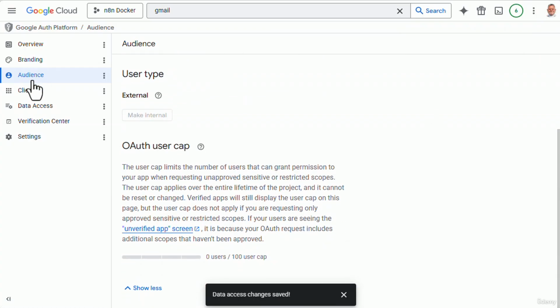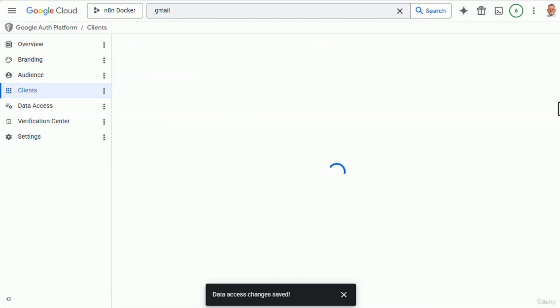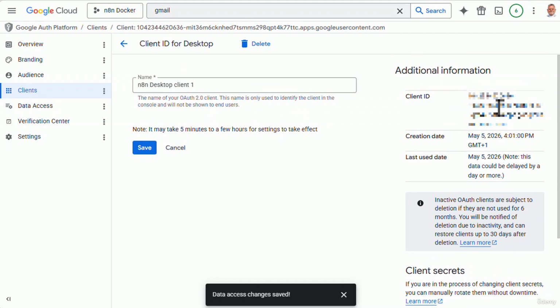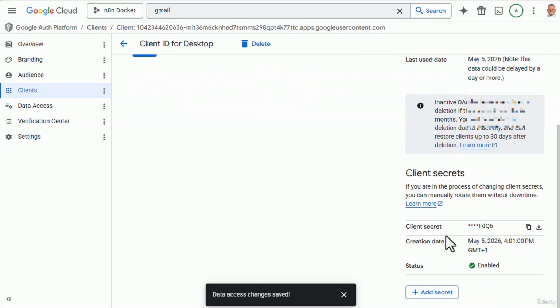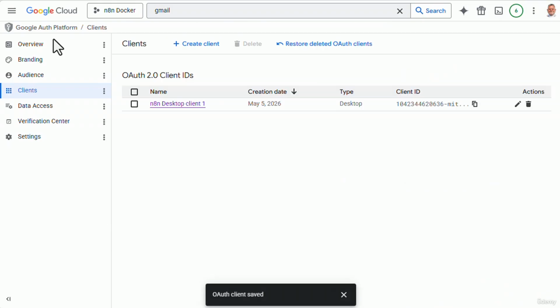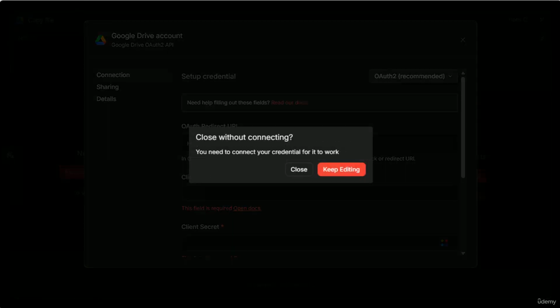So the last thing we need is to go back into the Clients section and click on the client that we set up. This will open up the information where we have the client ID, and at the bottom we also have the client secret, and you can copy that and save it to the same document where you saved your client ID earlier. So we're just going to click on the save, and we can go back now to N8N,